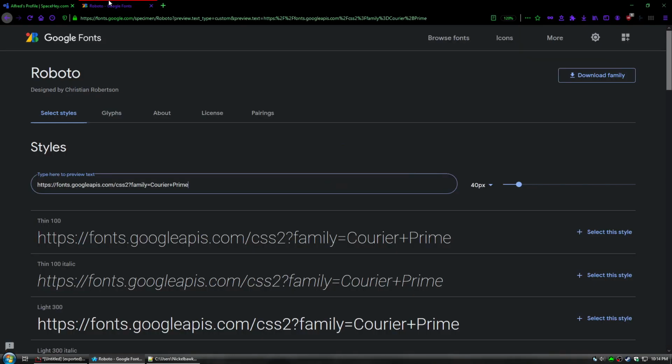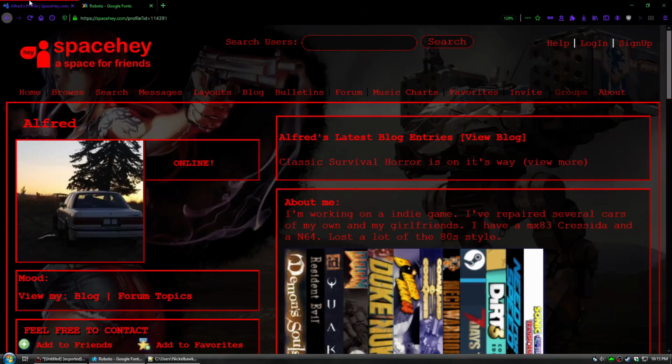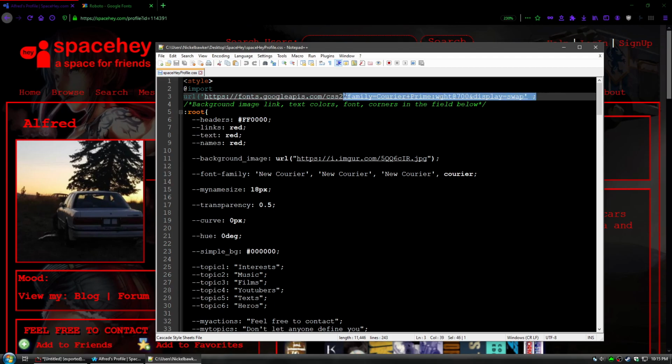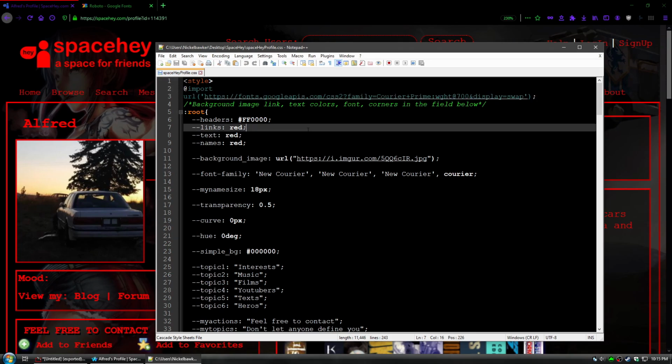One more thing I forgot to add. The fonts at the beginning. So at the very beginning of here is your font. And it might be kind of difficult because some of them might not be available. And I'm not even sure how well mine is working. But what I did